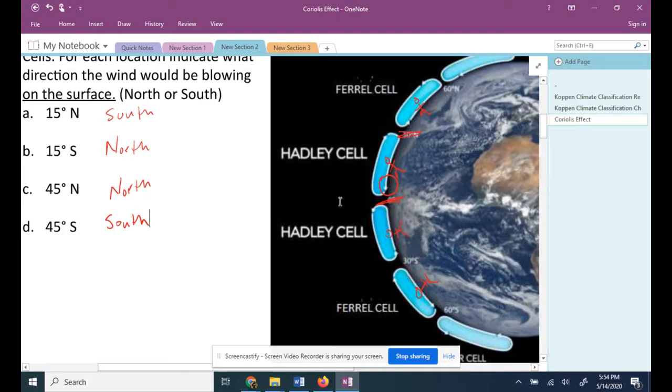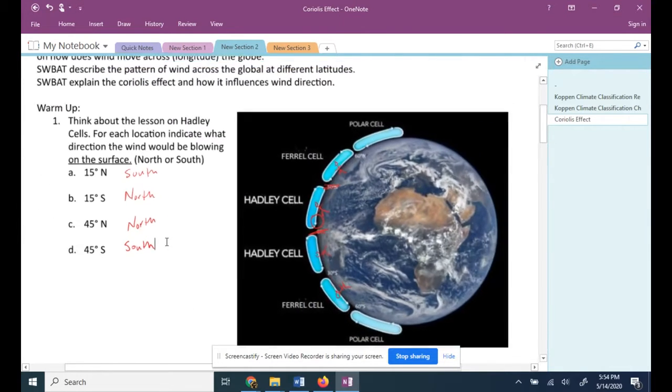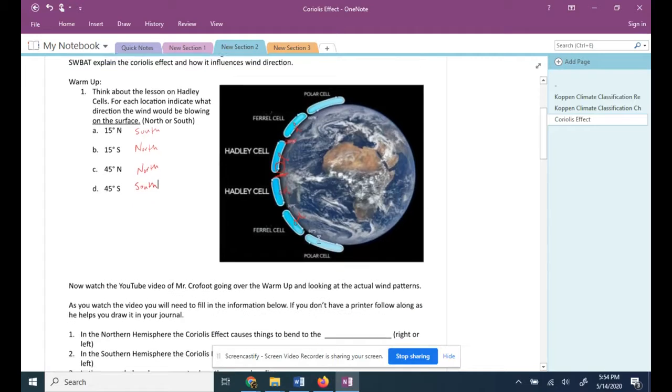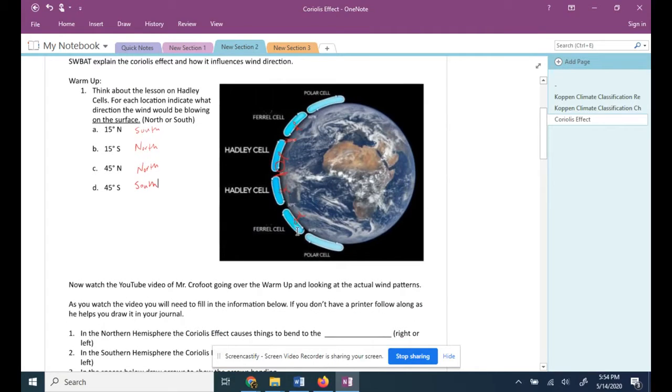So there you go. Those are the answers to the warm-up, and looking at the Hadley cells, you can figure out what direction the wind would be going on the surface. The next thing we want to do is take a look at whether that is actually what happens. When we look at the weather data, does the wind blow directly north or south at those locations? Let's toggle over and take a look